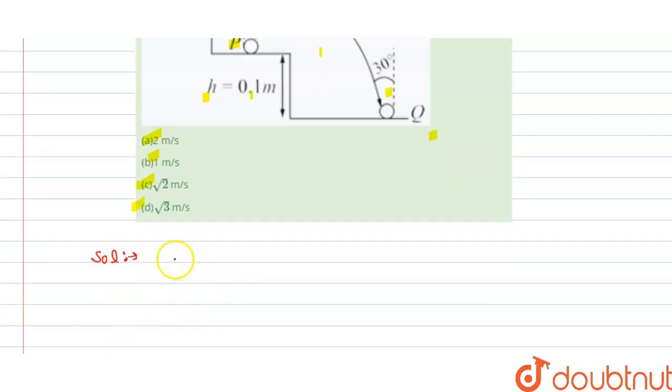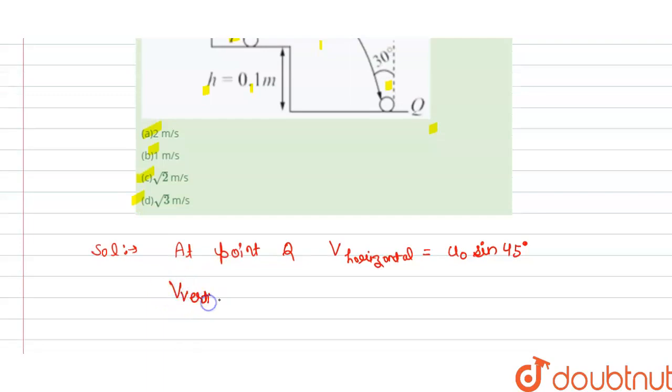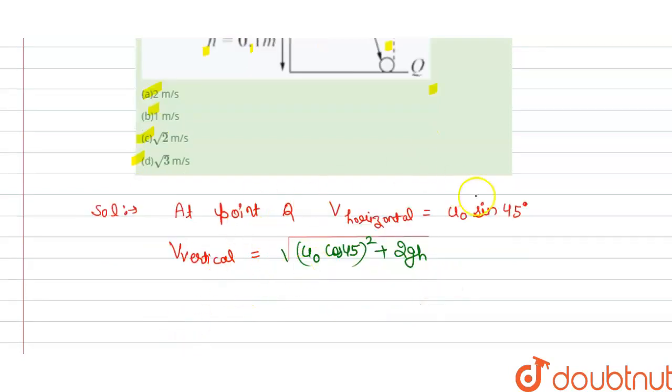At point P, at point Q here. So we can write here, at point Q we have V horizontal, the velocity horizontally, equals u0, that is the initial velocity, times sine 45 degrees, and V vertical, the velocity vertically, equals the square root of u0 cos 45 degrees whole squared, in addition with 2gh. And from this we can write here, if we divide 1 by 2,